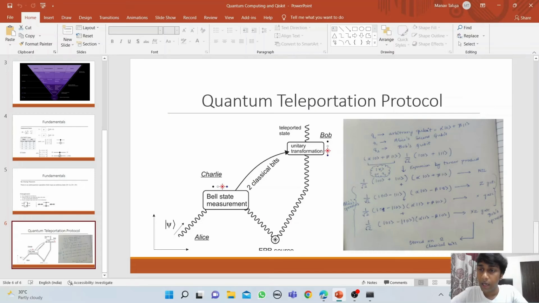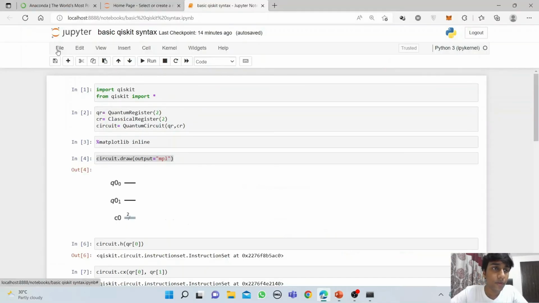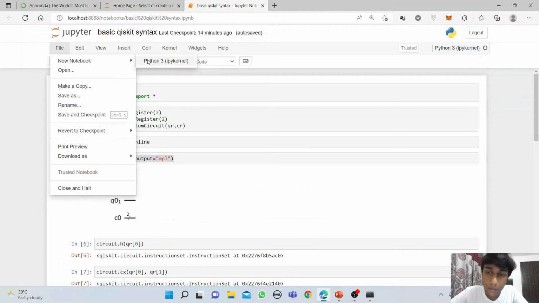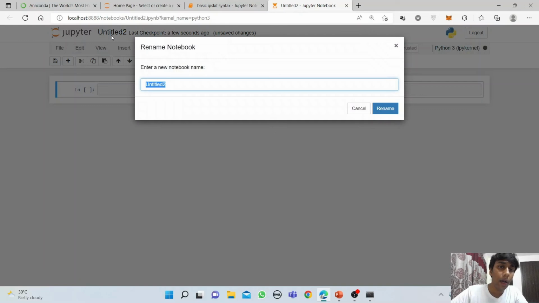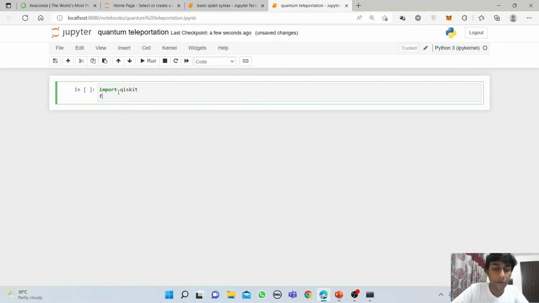So now we're going to see how to actually implement this teleportation protocol on Qiskit. To do that, we'll simply create a new file first, and we'll save it as quantum teleportation. We'll quickly import Qiskit, and from Qiskit